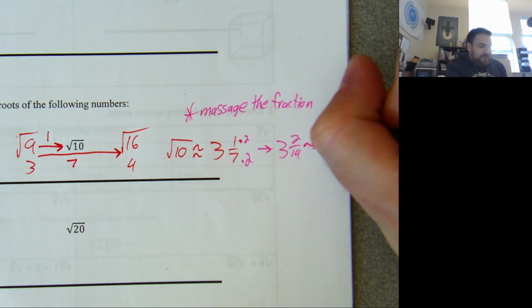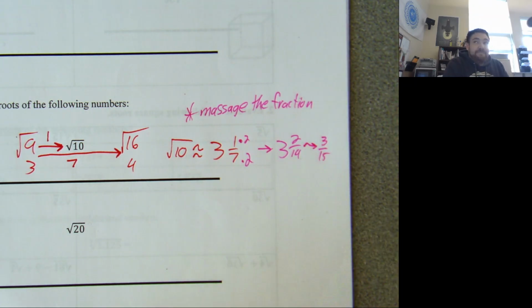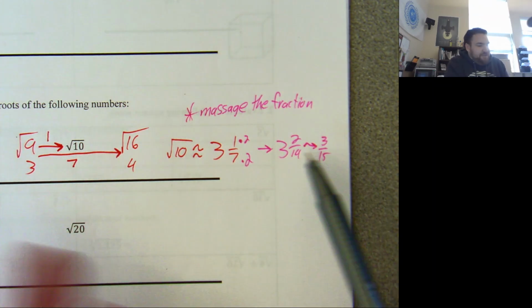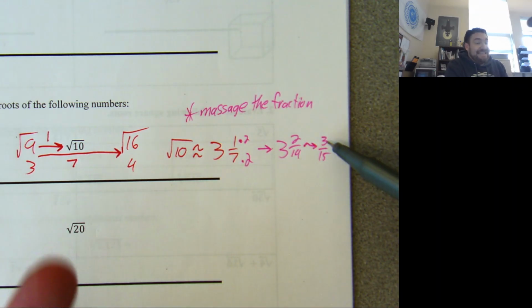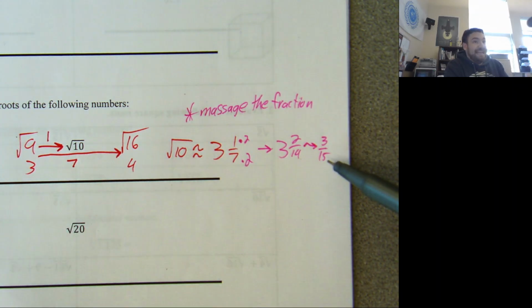as 3 over 15 because it's close. 2 14ths and 3 15ths, they're just up by 1 in the numerator, and up by 1 in the denominator. Now, the reason I chose 3 15ths is because this is now easily simplifiable to a nice fraction. 3 15ths can reduce to,